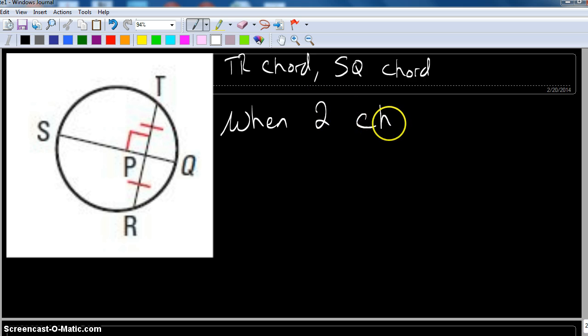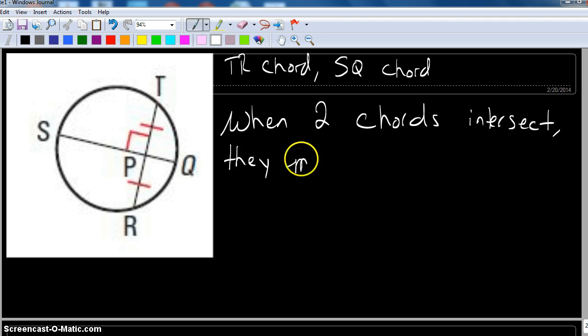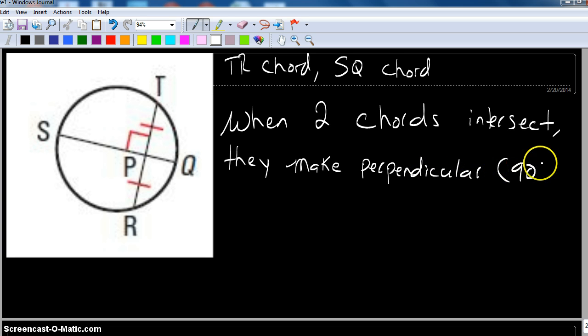When 2 chords intersect, because they're touching right here, they're intersecting, they make perpendicular lines. Perpendicular means 90. That's why there's a little box right there. They make perpendicular lines, and